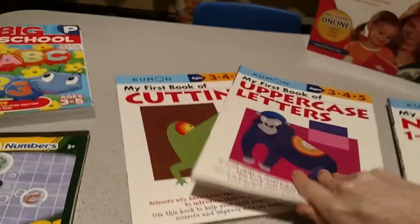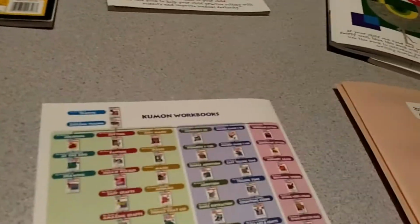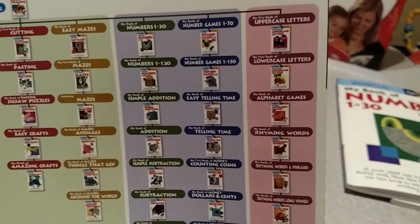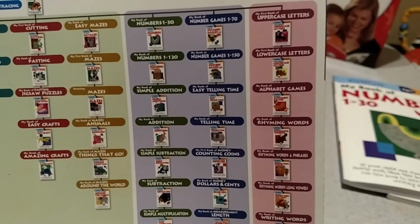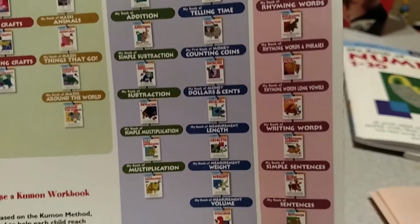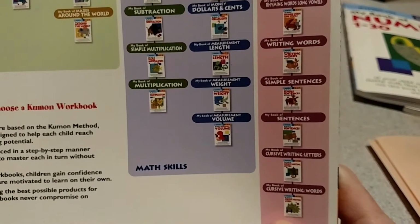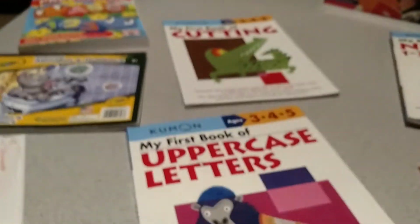Okay, next book, the uppercase letters book. Once they do the uppercase letters book, they will do the lowercase letters book, the alphabet games, rhyming words with phrases, rhyming words with long vowels, writing words, simple sentences, regular sentences, cursive writing letters, and cursive writing words. Okay, so